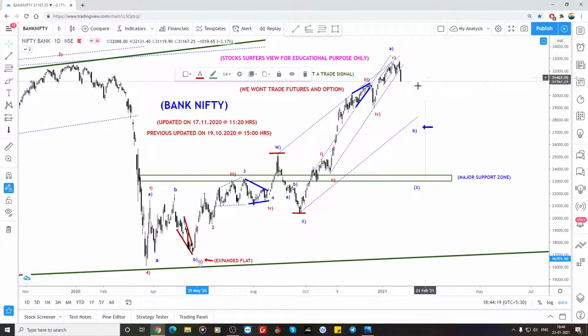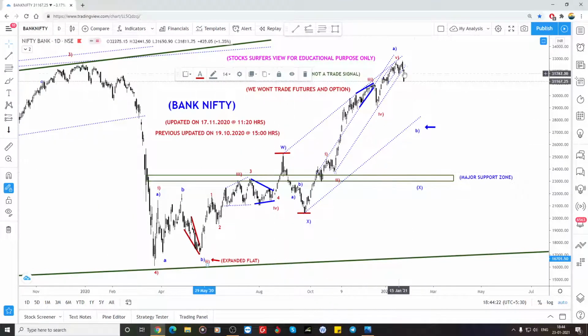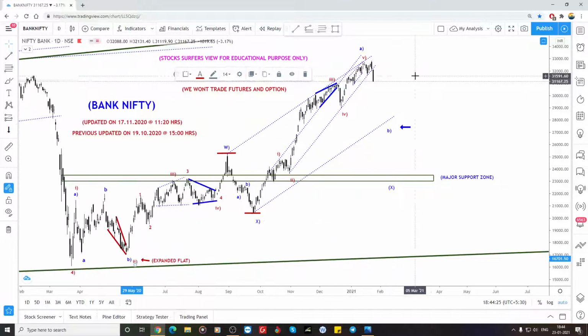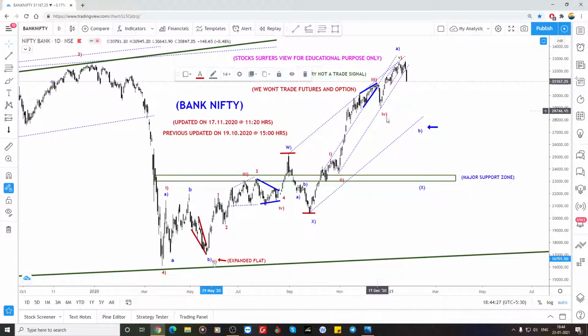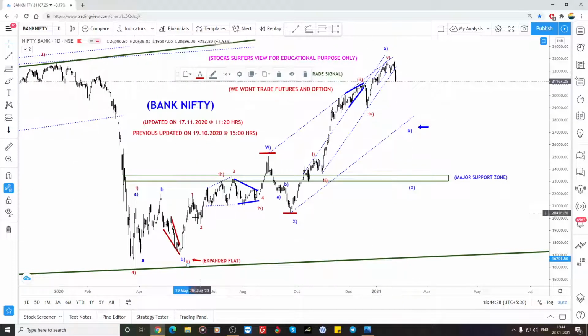So a lot of different kinds of wave counts we can do here. But the thing is, here one 5-wave structure has completed. So again we may get a 3-wave structure nearly to the 29,000 zone. So that is my view. Whether this is a 1, this is a 2, so beyond the third it could be possible, or this could be a 2 here. That is also possible: 1, and the whole thing is a running flat of 2. So 1, 2, 3, 4, 5 has ended,